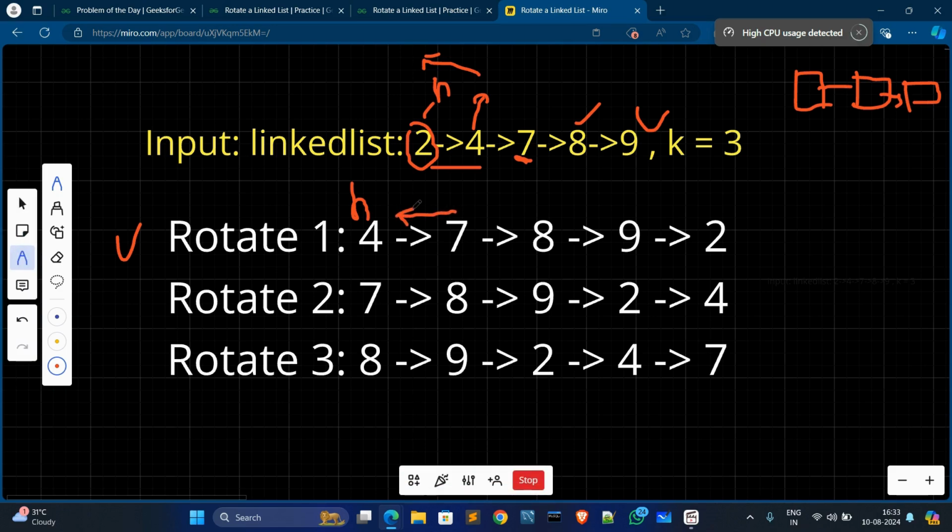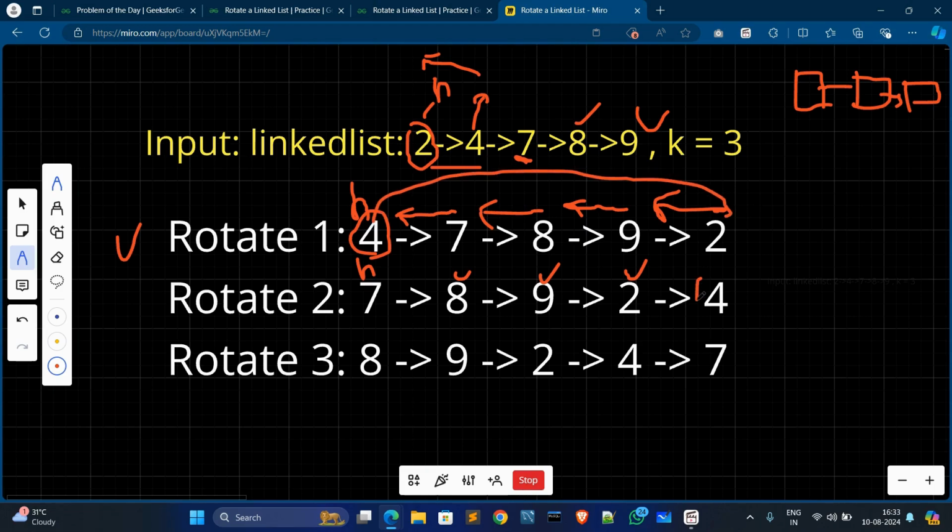After shifting, it is the head node, and this 8 will shift one position to the left side, so it will come to the second position, and this 9 will shift one position to the left side, so it will come to the third position. The last node 2 will shift to the left side, so it will come to this position, and this 4, which is in the head node, will go to the last position. Now this is our updated linked list after rotation 2.